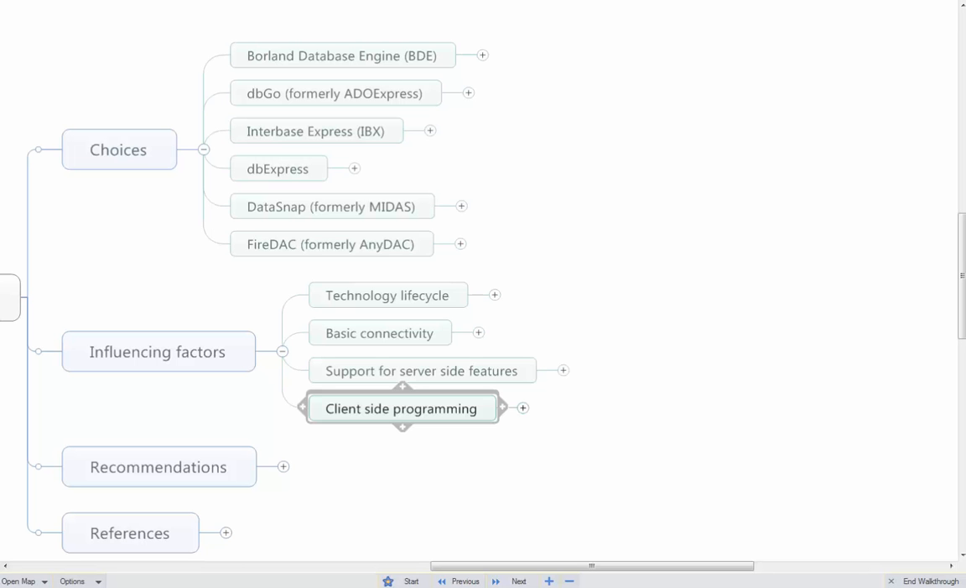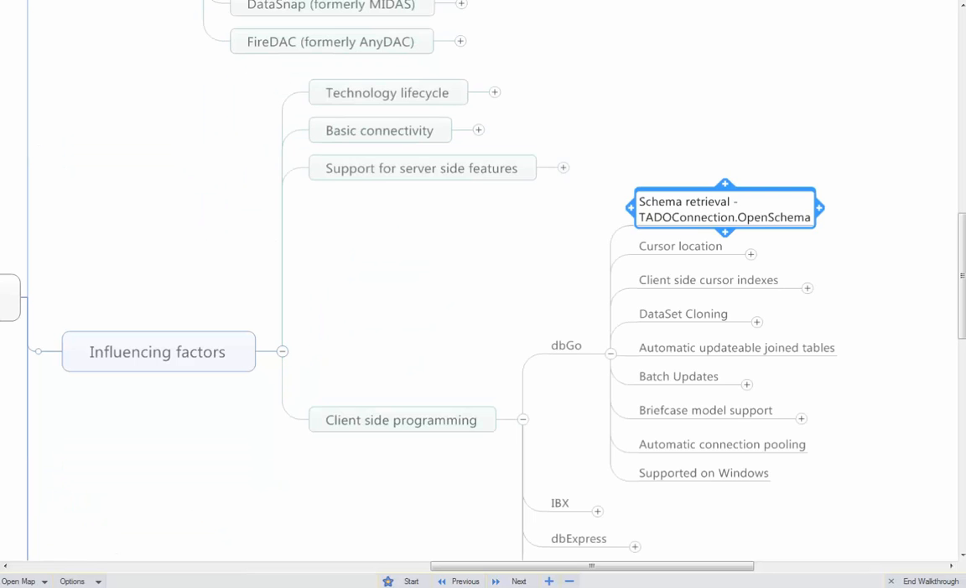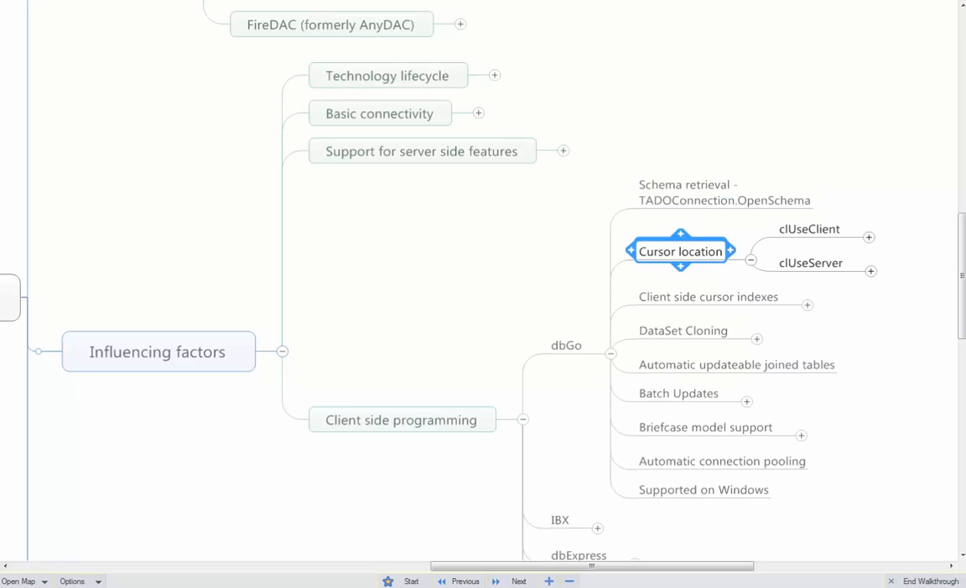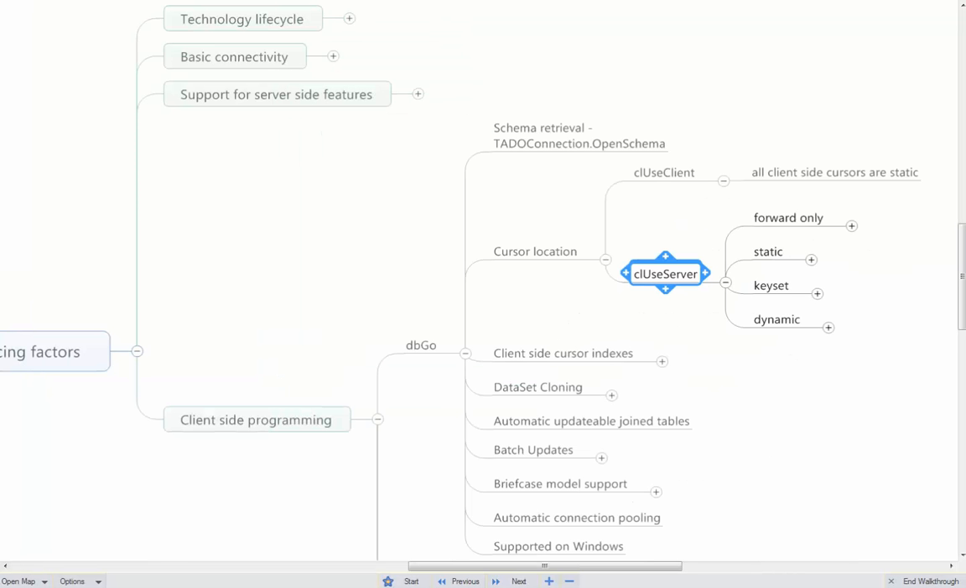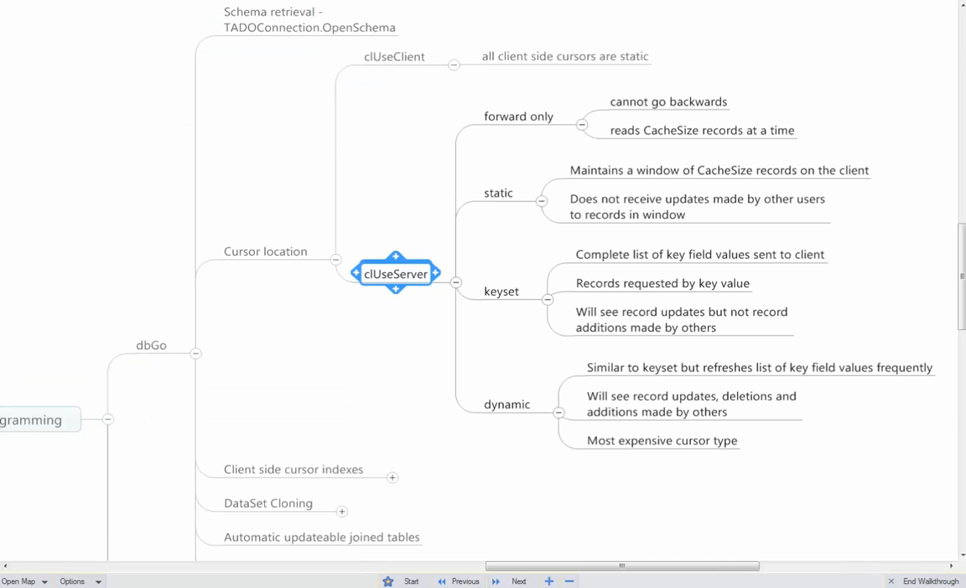Let's now look at client-side programming with these libraries. With dbGo, you can retrieve details of the schema. You can specify whether the cursor should be a client-side snapshot of all the data, or whether it should be a server-based cursor where you only retrieve the data you need at a particular time. With those server-based cursors, you can select a cursor of a particular nature which lets you do trade-offs between performance